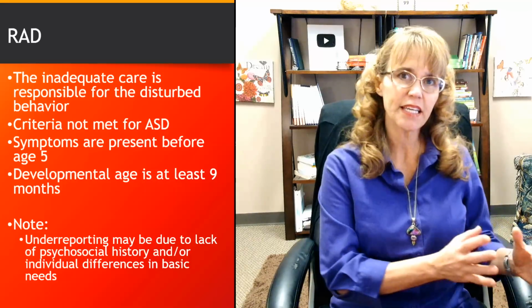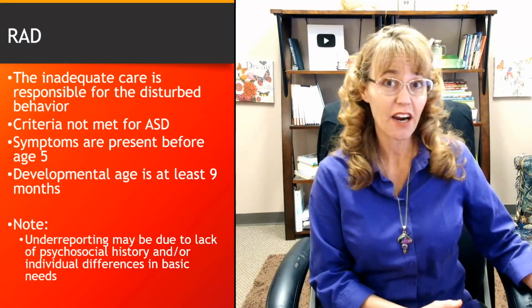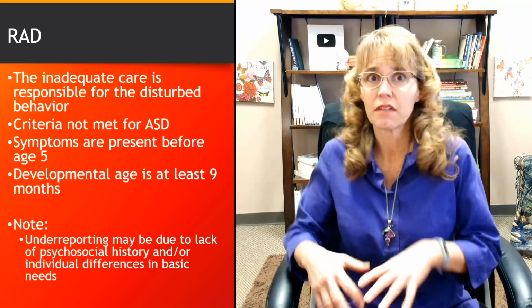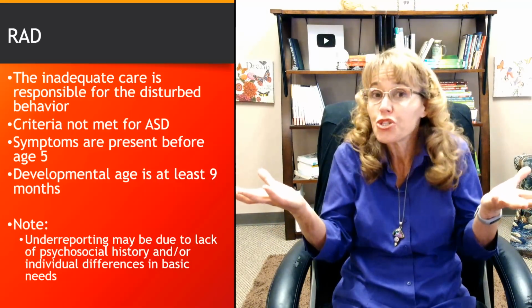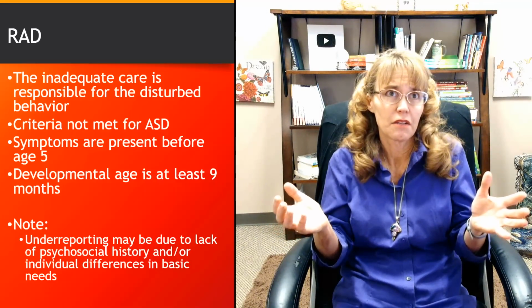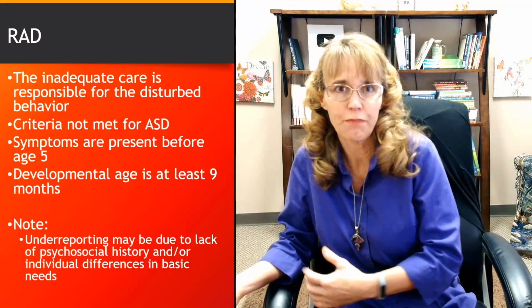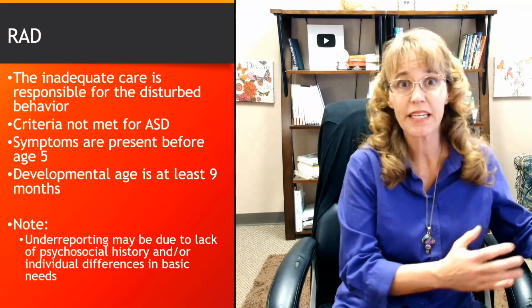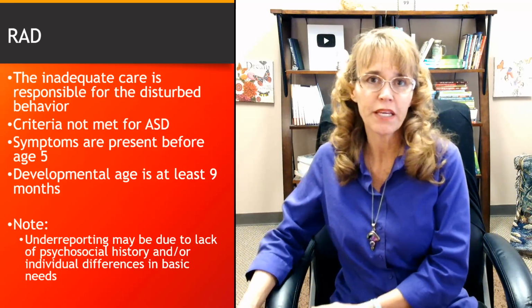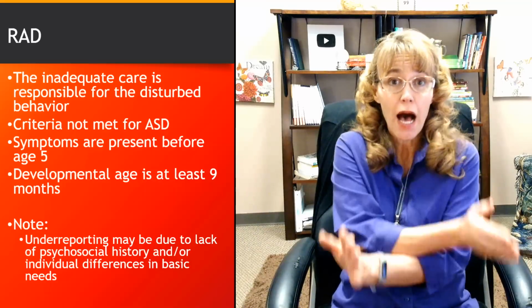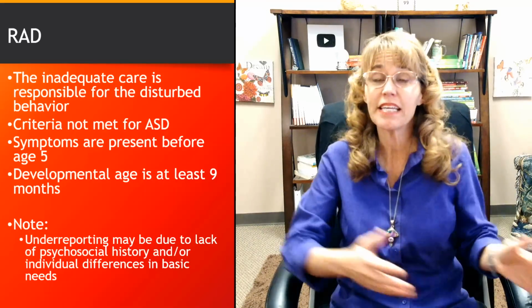So you have to see the inadequate care and then the behavior happening, not the behavior and then the parent just going, I don't know what to do, and then the care quality deteriorating, for example, or the behavior being exhibited and then the child being moved to a residential treatment facility. It needs to be the opposite way. Inadequate care needs to have